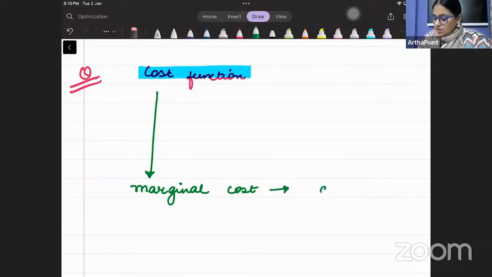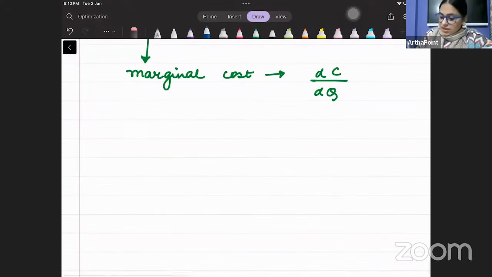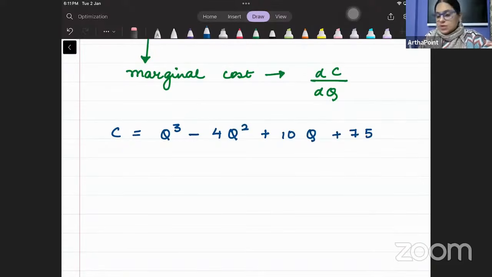मार्जिनल कॉस्ट ये बताता है कि कॉस्ट कैसे चेंज होगी जब आउटपुट चेंज होगा। जब मैं आउटपुट को इंक्रीज करूंगी तो मेरी कॉस्ट कैसे चेंज होगी, वो मेरा मार्जिनल कॉस्ट फंक्शन डिपिक्ट करेगा। हाँ बेटा, तो अब यहां पर हमें ध्यान से समझना है। जैसे अगर आपको गिवन है कि आपका जो कॉस्ट फंक्शन है वो ये है, q³ माइनस 4q² प्लस 10q प्लस 75, ये आपका कॉस्ट फंक्शन है।